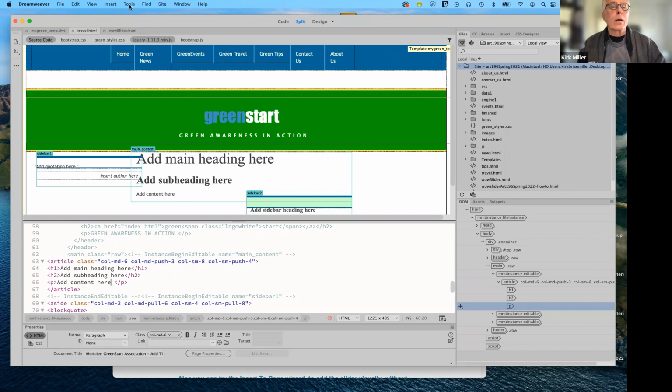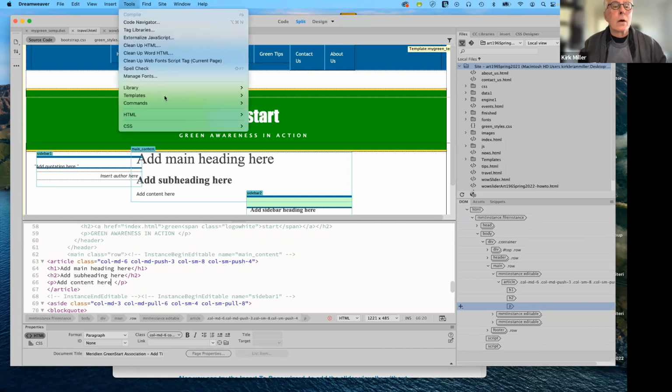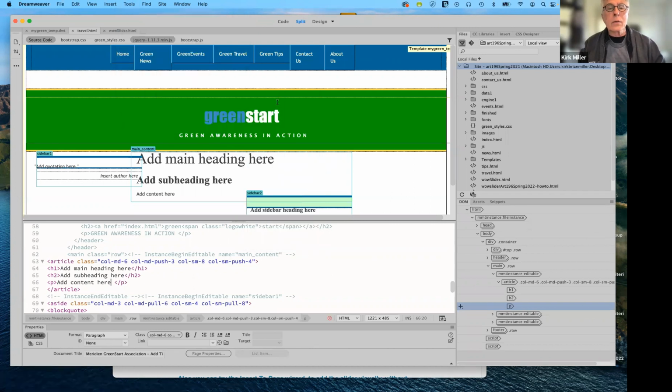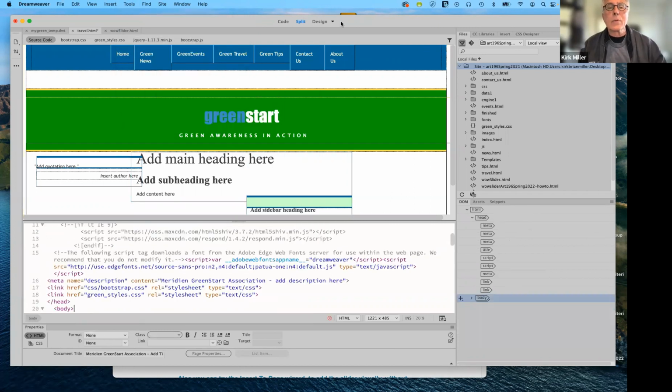Okay, so I'm going to go to Tools, go to Templates, and I'm going to detach it from the template. And remember that you need to be in design view in order to do that. So I'll click there. It's detached from the template. Now I can go back to live view,